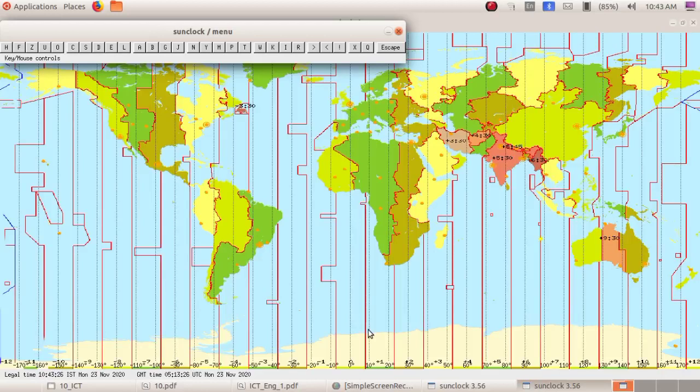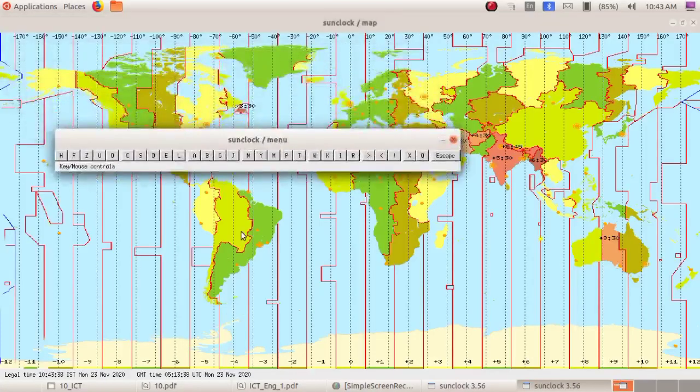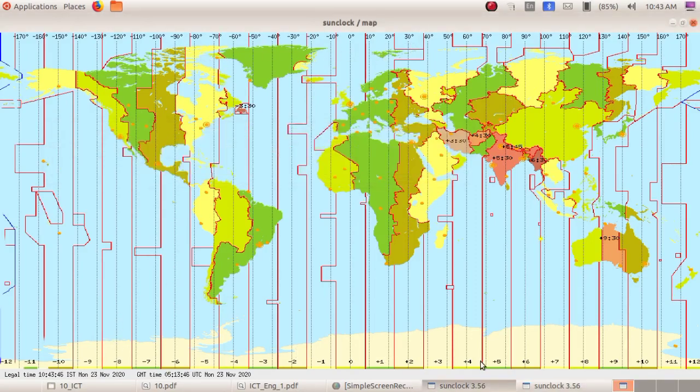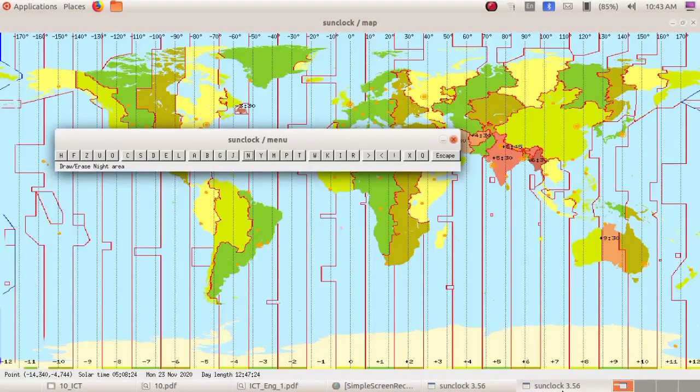So if we are clicking on the M, that is toggle meridian, once more, that means for the third time I am clicking this. See what happened, the degrees will be seen at the top position. Now we cannot see the degrees at the bottom, it will be visible at the top position.